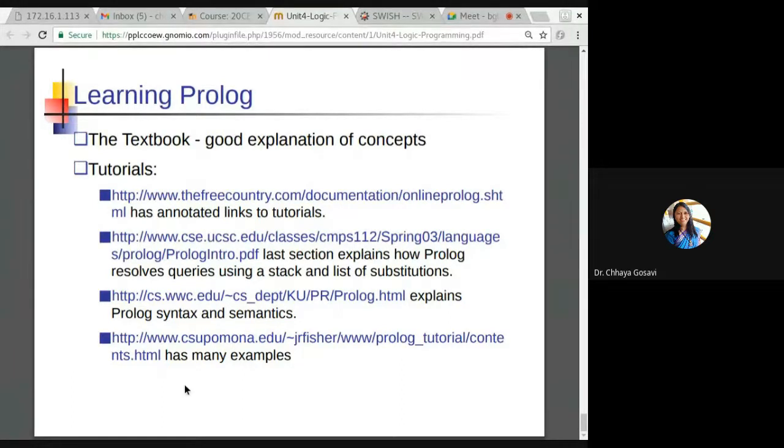And facts and rules together are called a Prolog program. A Prolog program has the .pl extension, and you can run it with consult and filename.pl from the prompt. And then we can provide the queries, and the answer for those queries is your output. It can be true, false, or values of a variable.